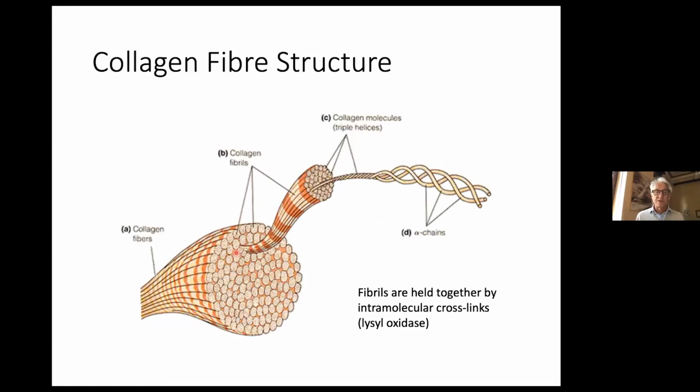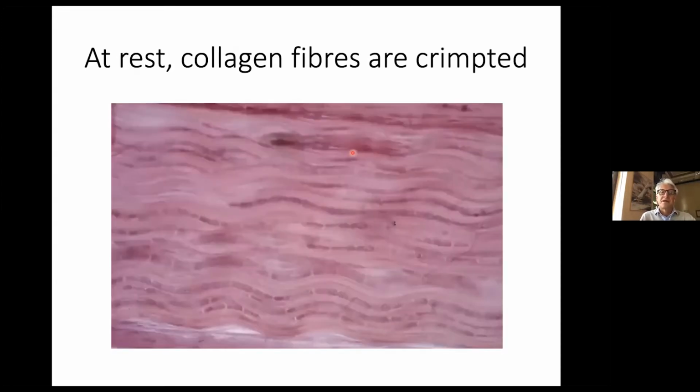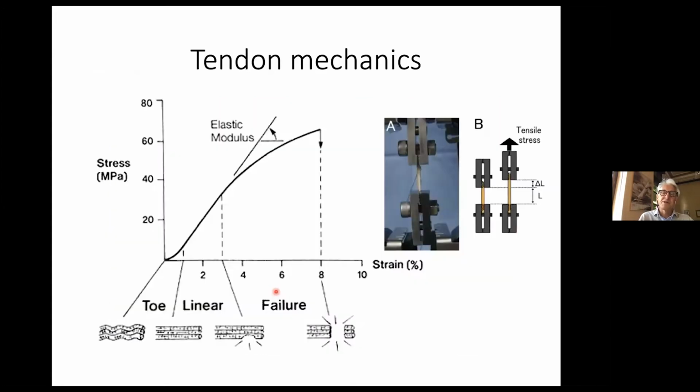As very eloquently introduced by Professor Kerr, the tendons are made up of collagen fibers, and these contain fibrils, which are made up of collagen molecules arranged in triple helixes. One important feature of the collagen fibers is that at rest, they are crimped. In other words, as shown here, they are folded. And this crimping of collagen fibers is responsible for the toe region, the initial region of